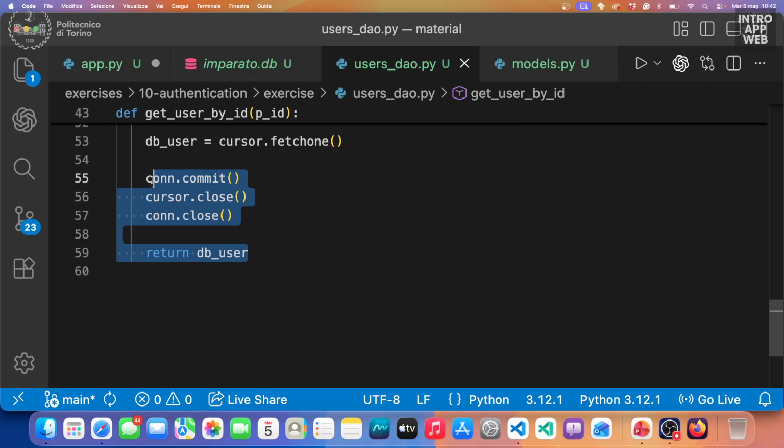Okay, so I was missing here an additional verification because we were just checking if the user existed in the database, but we were missing the validation of the password, no? So here we're saying if the user doesn't exist or if the password in the form is different from the password in the database, then something went wrong. Since I told you before that we want maybe to distinguish between the two cases, we could do if the user doesn't exist as a